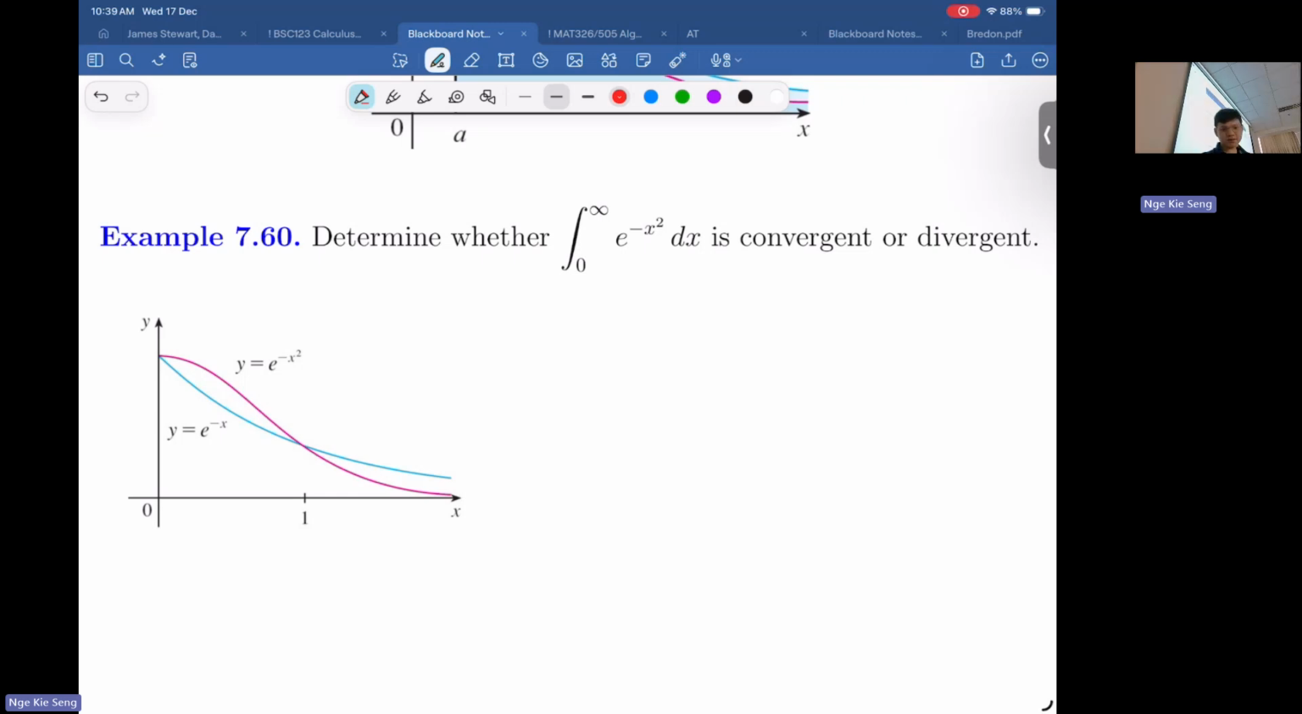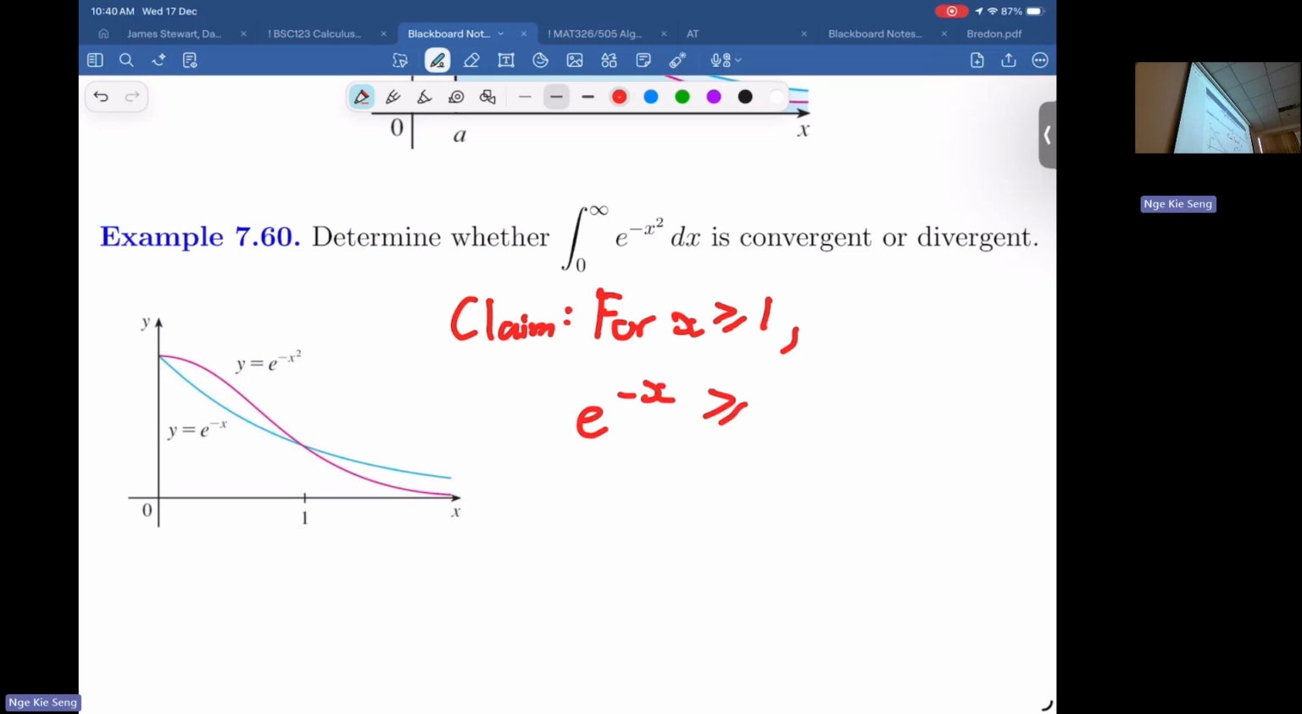So we're going to try this. Let's try it. Shall we try showing that for x greater than or equal to 1, e to the minus x is greater than or equal to e to the minus x squared? Let's show this first. Let's show the relation between the blue and the red graph first. So is this true? The proof of this claim is